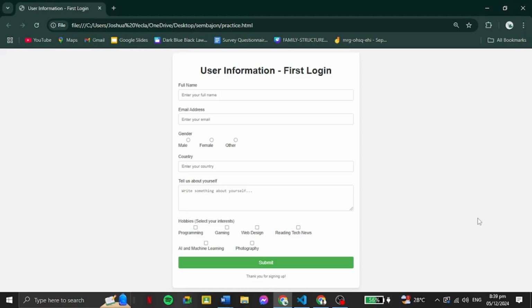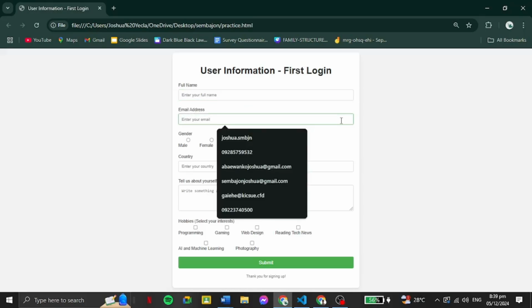So, to start, the single line text for your full name and email are straightforward choices because these are the basic details needed to identify you. So, this is the single line text, and also the email single line text.